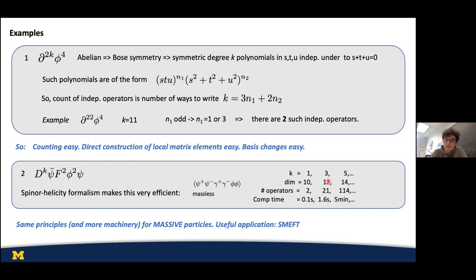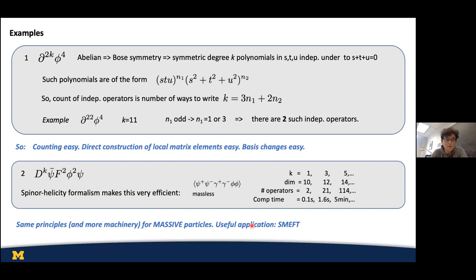Going to the next order, dimension 12, there are 21 operators. It's a matter of seconds. Dimension 14, 114, done on my own funky computer here in 5 minutes. Now, nature is not all massless, so we of course want to also understand this for massive particles. And that uses the same principles and a little more machinery, and an obvious application there is standard model effective